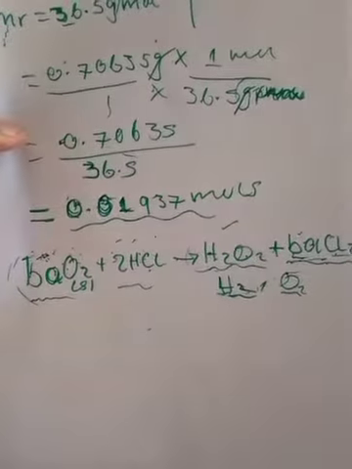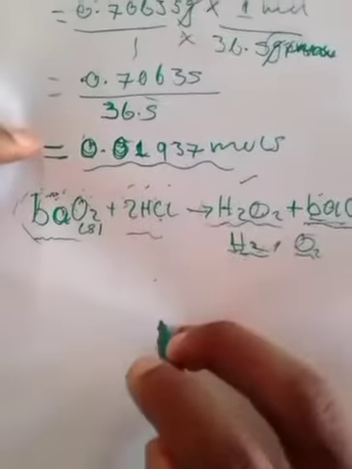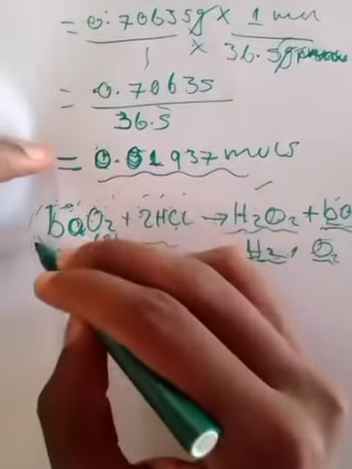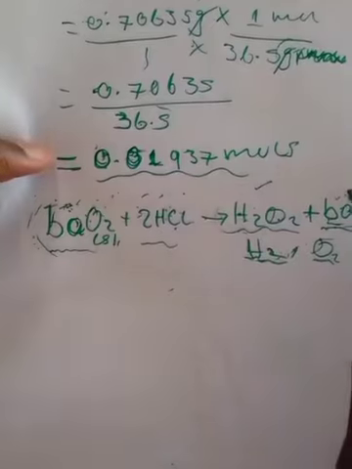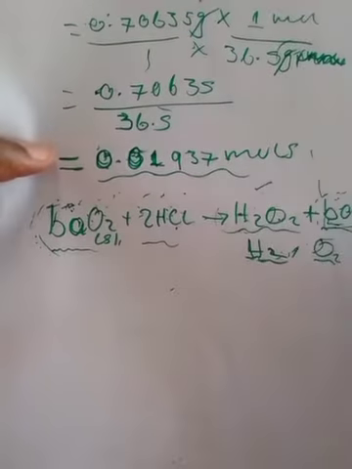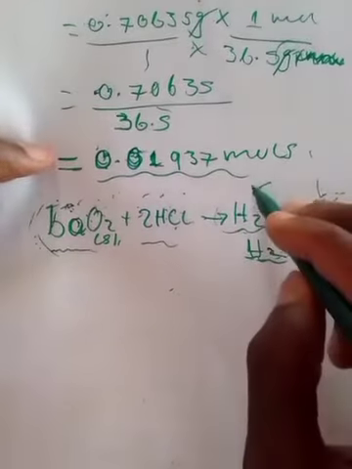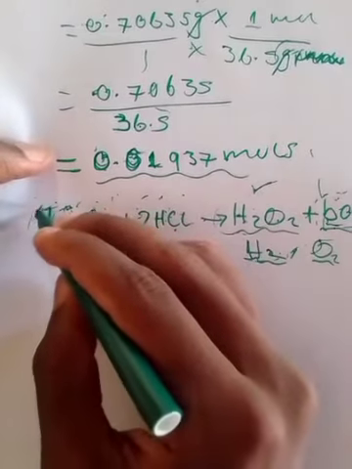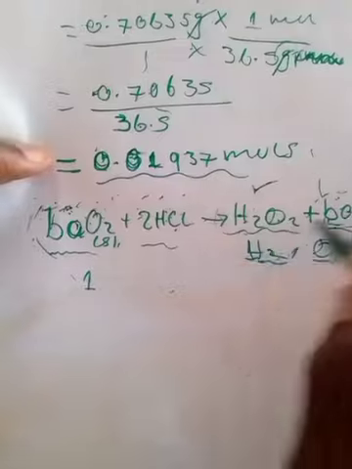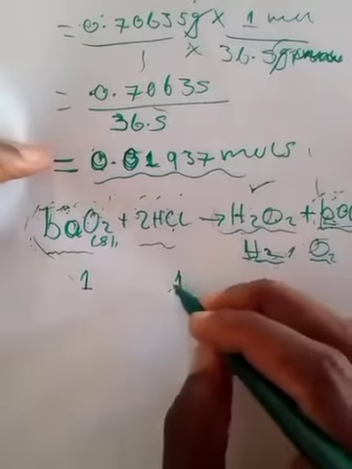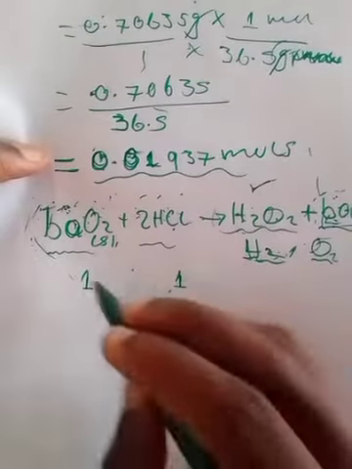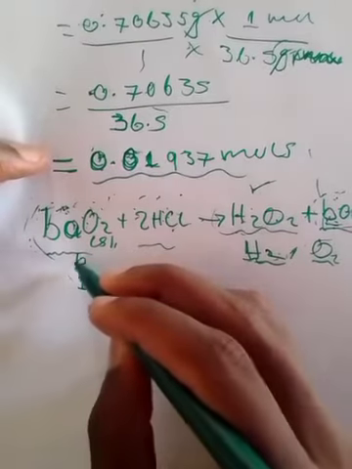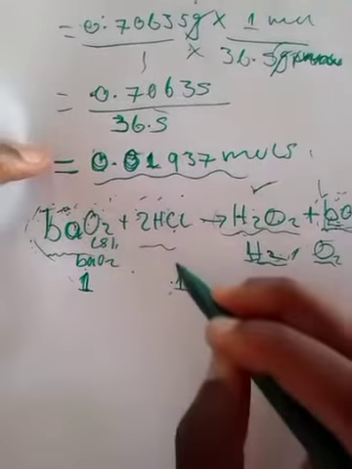Okay. You're going to use now the coefficients. So first, let's begin by picking barium peroxide, and I will be using barium chloride. You can just pick any. Okay. So I'm going to get the coefficients. What number is in front of A? There's just one, right? How about A? There's just one. Okay. So now, when you write the coefficients, this coefficient is representing barium peroxide, and this one is representing